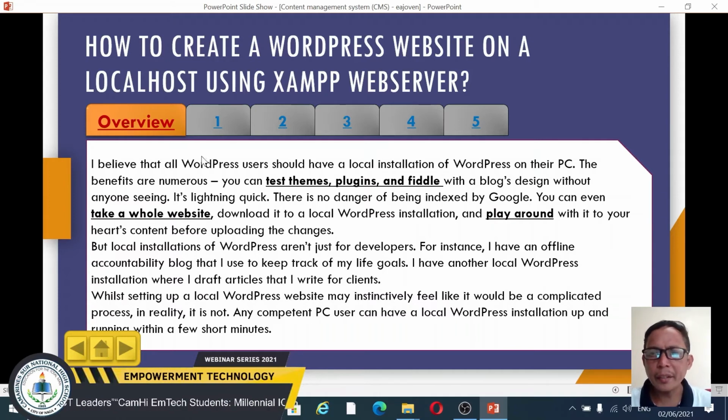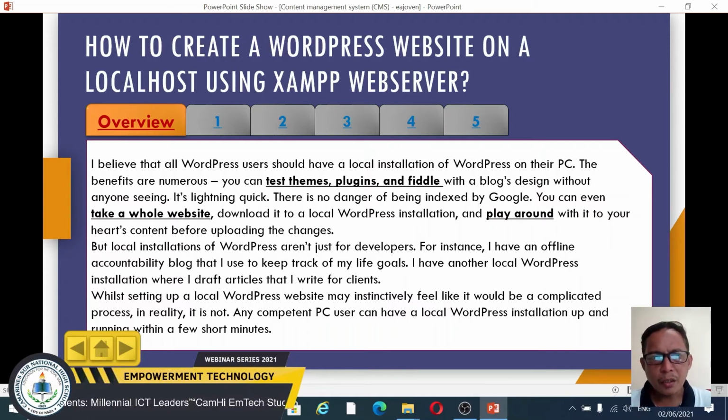Okay. Before anything else, I believe that all WordPress users should have a local installation of WordPress on their PC. Even if you want to install another CMS platform such as Drupal, Joomla, or Moodle, it can be installed locally, and it can also be installed online via the official website of each CMS platform.